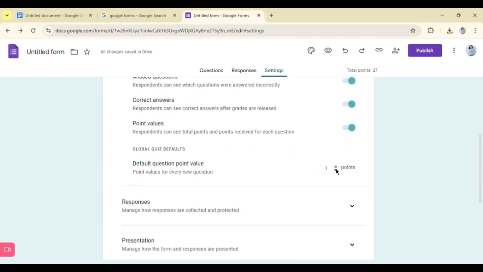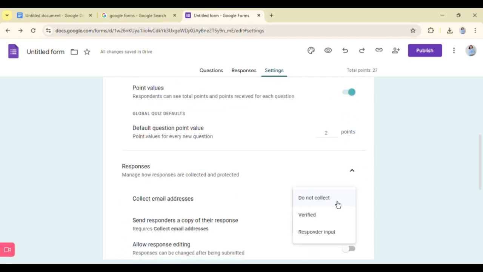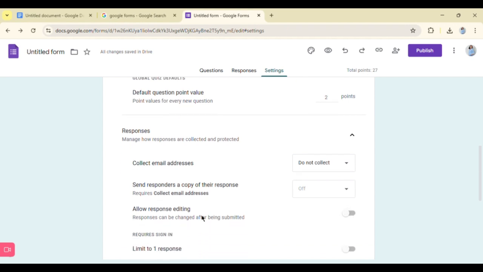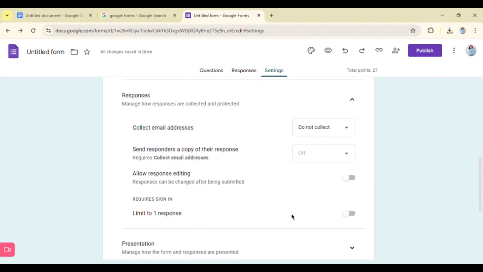For the points, let's have 2 points. For the responses, let's not collect, and we should not allow responses to be edited because they might answer twice, which is very wrong.